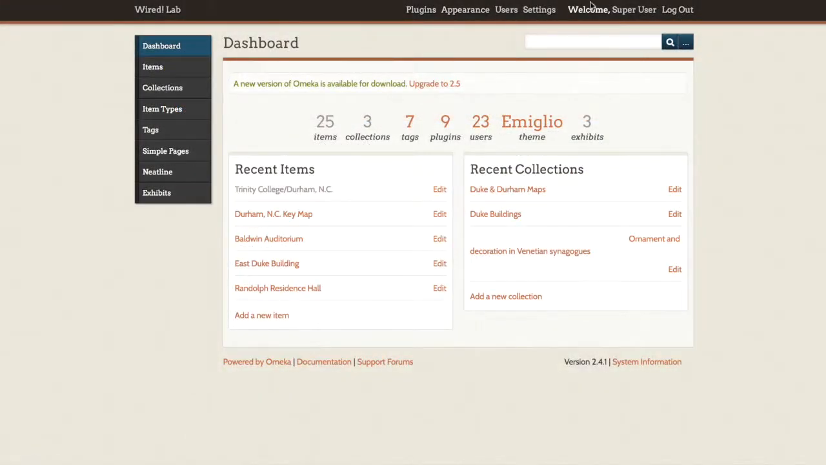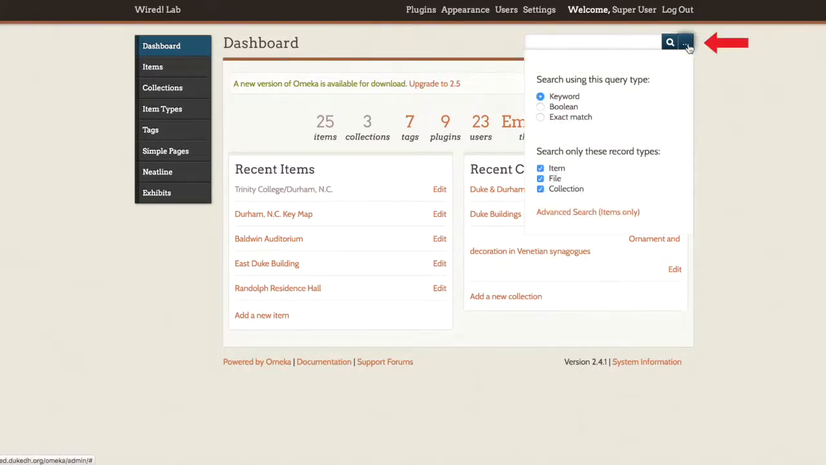see. Omeka's dashboard includes a search box that you can use anywhere in the dashboard area to find an item, collection, or file. This can be useful when you are working with a high volume of items especially. You can choose which type of content to search from the drop-down menu found to the right of the search